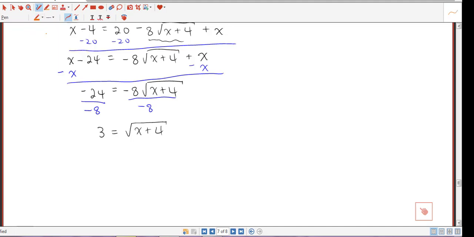So how do I get rid of the square root? Is raise this guy by the second power. That means we better raise the left hand side by the second power. Now you're gonna have 9 equals x plus 4, and minus 4 minus 4. Then here you're gonna have 5 equals x is the proposed